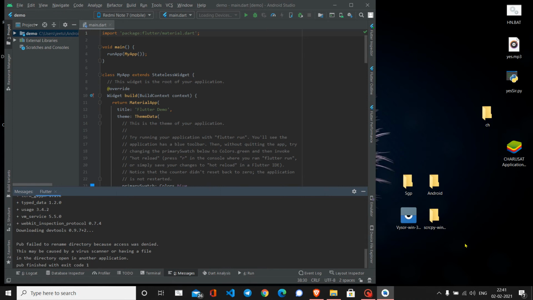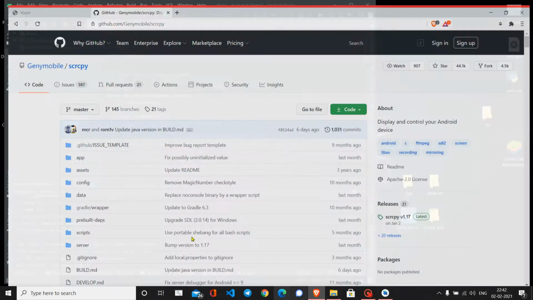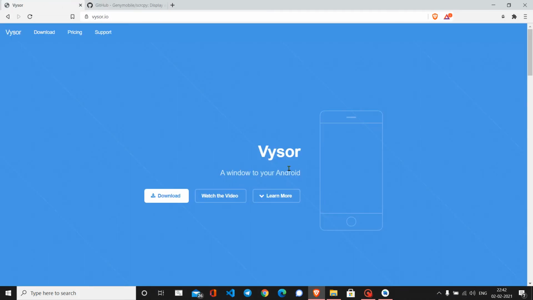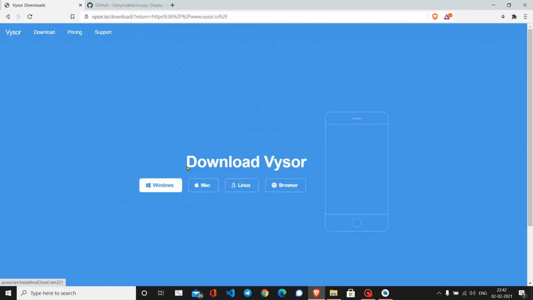So we can directly mirror our Android device with an application called Vysor or Scrcpy. Here I have got the link for both. You can head on to vysor.io and click on download, and download according to your OS.